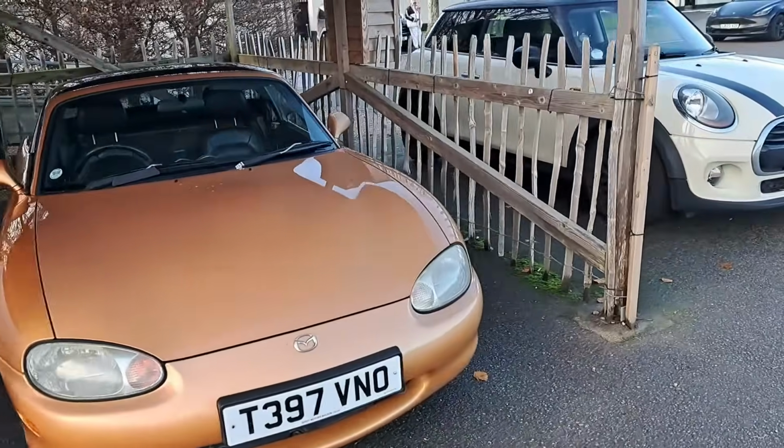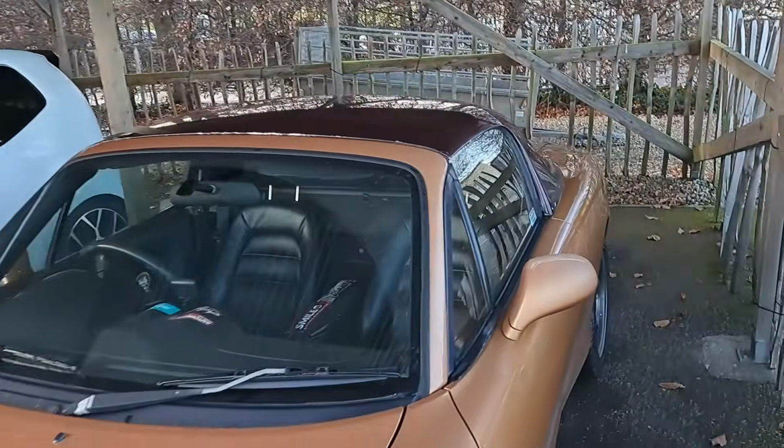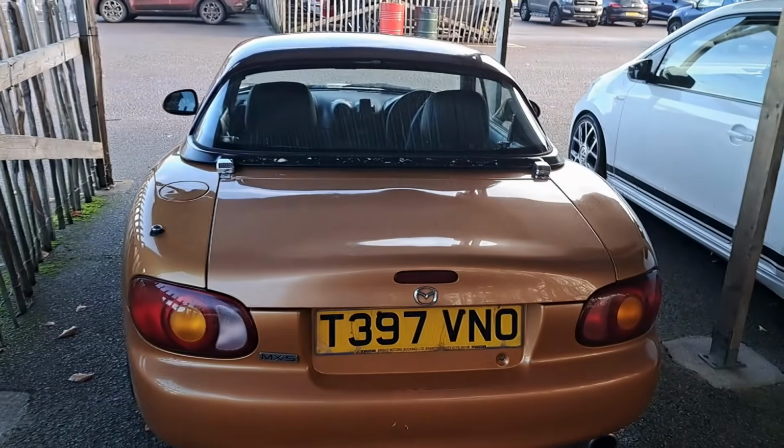So another NB MX-5. Interesting, someone's got a purple top for this one, so it's a good idea to have the hard top at this time of year. Having more of these, we'll see. Next we've got this